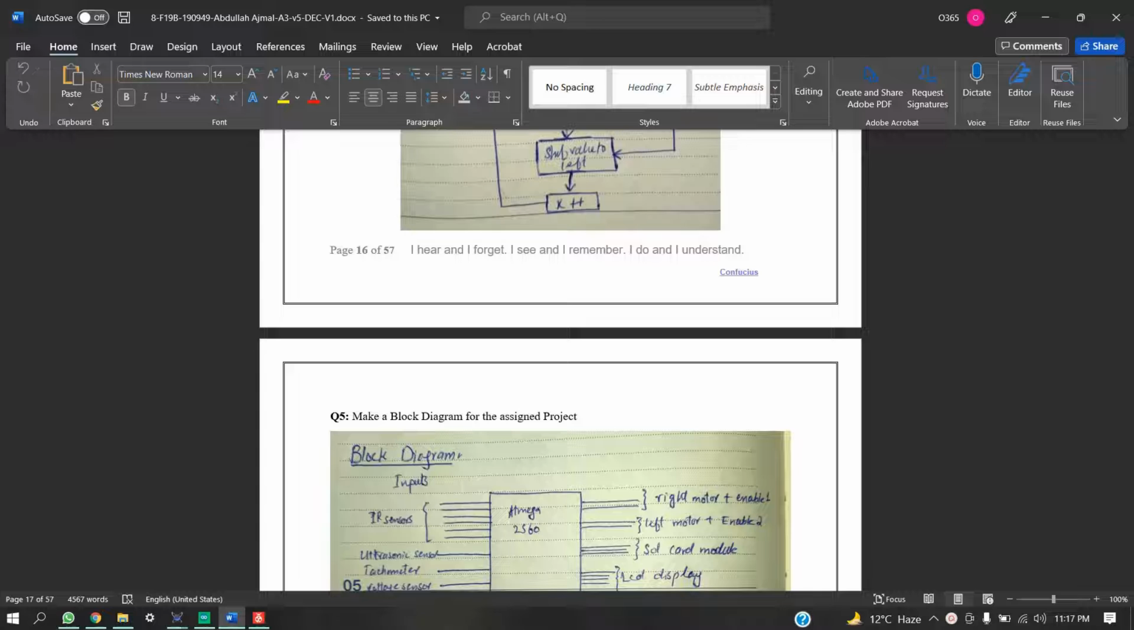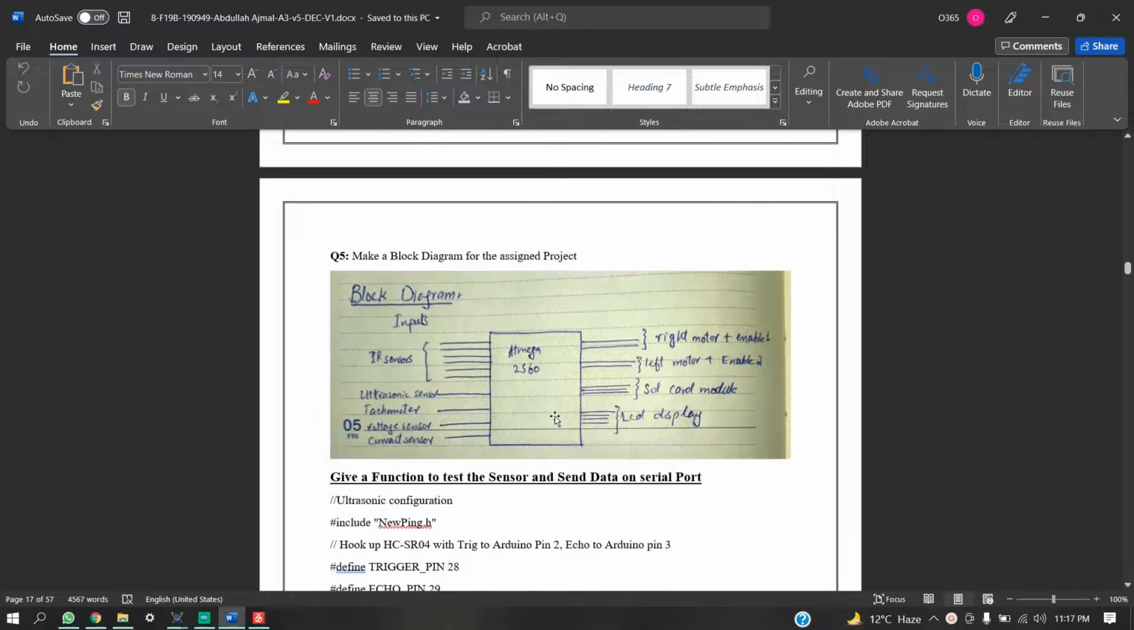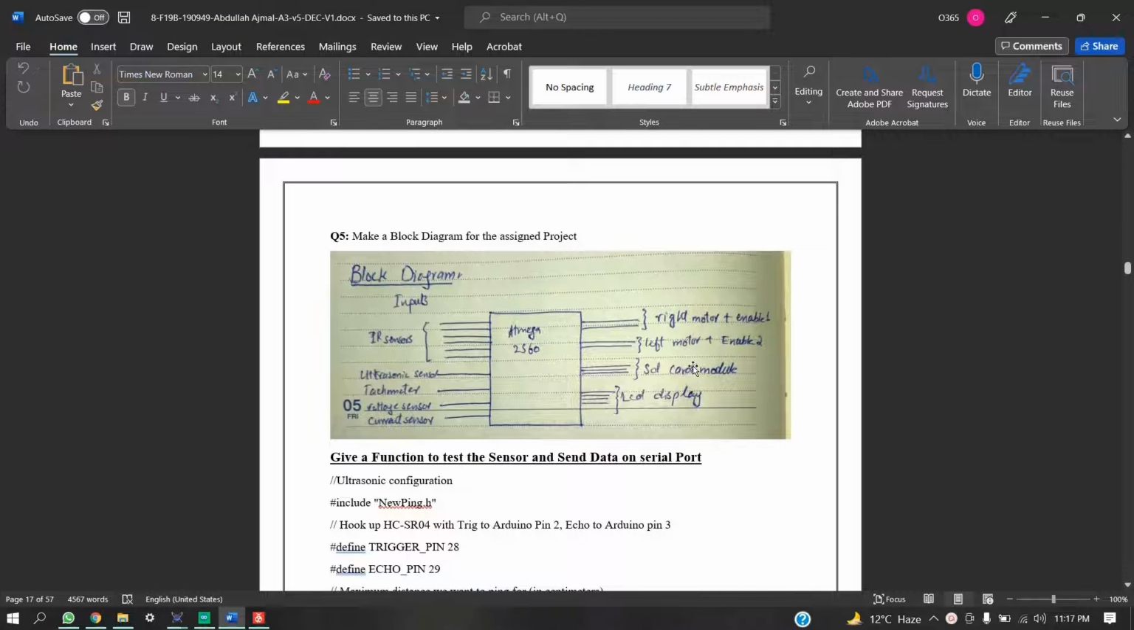So basically in question number 5 we have to make a block diagram for the assigned project that has been given to us. The requirement of the project was that we use an array of IR sensors, with a minimum of 5 to 6 IR sensors, then an ultrasonic sensor for distance measurement, a tachometer for rotation and speed of the tires, a voltage sensor for measuring battery voltage, and a current sensor for measuring current. And then we have to store this data on our SD card and display it on our LCD and